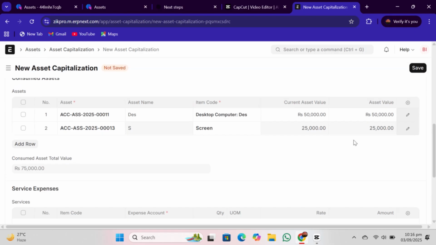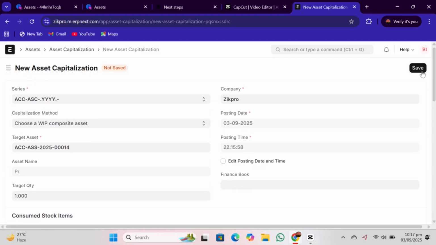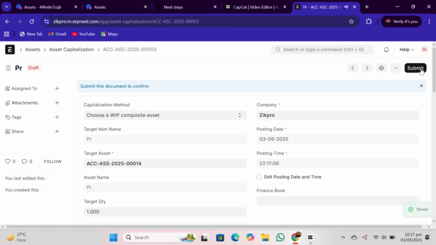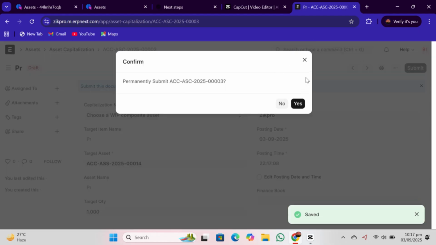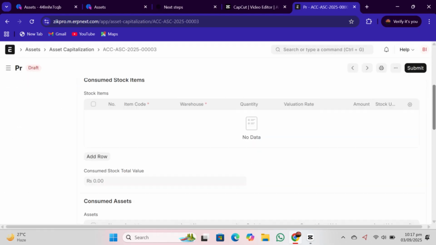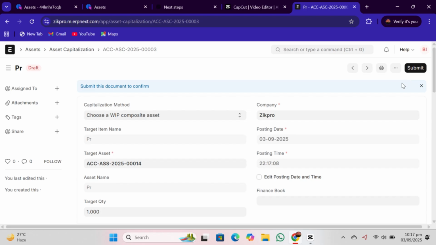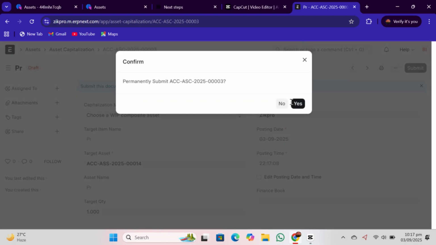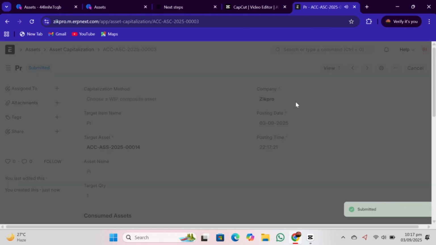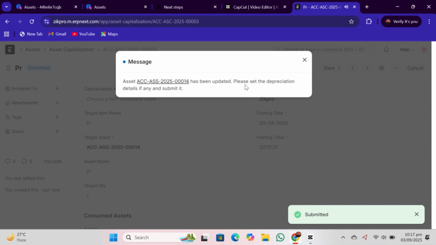So see, the consumed asset total value is 75,000. That is of the projector setup. We did not buy it separately. Rather, its value is comprised of the individual purchase value of the components it is made up of. We'll be submitting this composite asset,